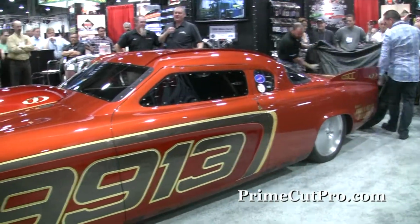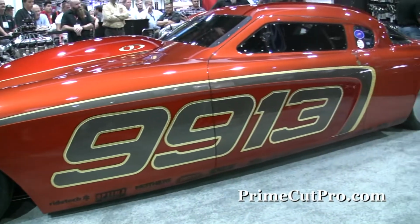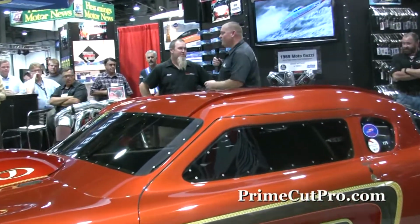Now this is obviously a Salt Flats car and it's super slick looking, but one note on the Sea-Gas Comp Coupe class is that there are parts of this shape that are still stock 1953 Studebaker. And Chad, you know all about this stuff. From the firewall back, not necessarily the roof line, but the doors and the quarters, that's pretty much true to form. It is, and there are some very specific rules for Bonneville, and you're going to see some things on this car that you're not used to seeing on most of the show cars or street strip cars that are